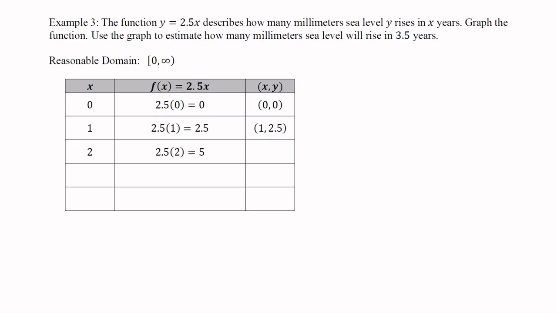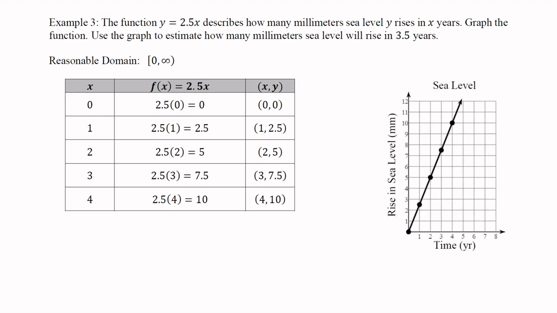We'll put in 2 and get 5 as our output. We'll put in 3 and get 7.5. And we'll put in 4 and get 10. So now that we have a few values, we're going to go to our graph and we're going to plot